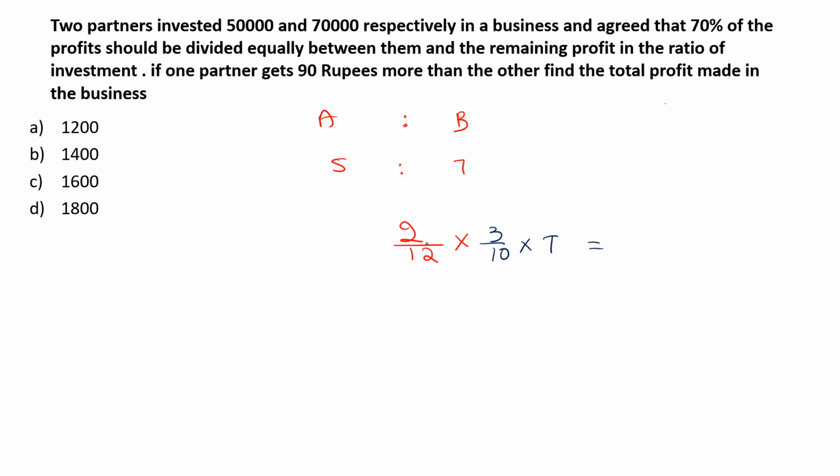And the difference of the 30% of the total amount is given as 90 rupees, and we need to find the total profit. Take the 3, 1 3 to 6, 6 1s and 6 15s, that is 15 into 12 is 180, and take the 0 from here, that is, total profit is 1800. Total profit would be 1800. Where is that? Option D. 1800 would be your answer.